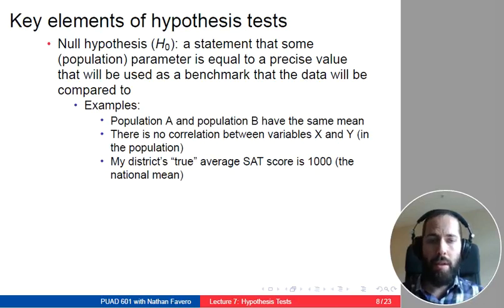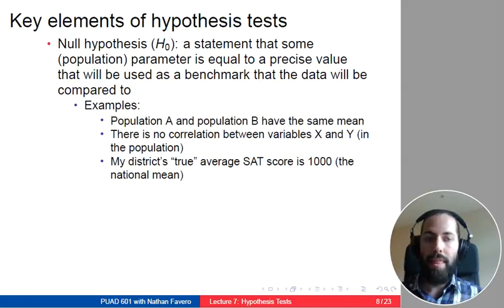Maybe if we're thinking about SAT scores and I want to think about how my district compares to the rest of the country, and I know that the national average score on the SAT is 1,000. This is maybe using an old metric for the SAT. They may have updated it since I took it. But if the average SAT score is 1,000 across the country, and I'm trying to understand my district, one of the things I might care about is where do I stand relative to the national average? And so a natural baseline to compare things to might be 1,000. So I could set up a null hypothesis that says my hypothesis is that the SAT score in my district